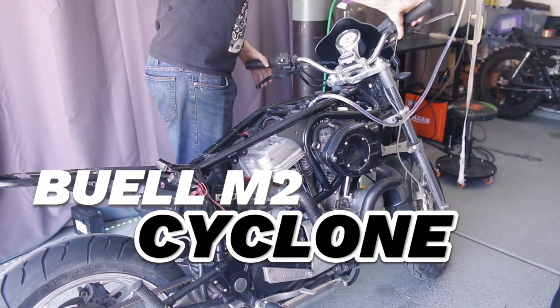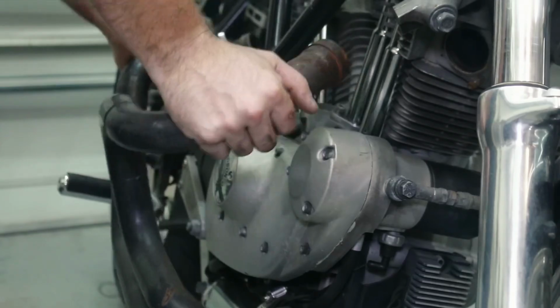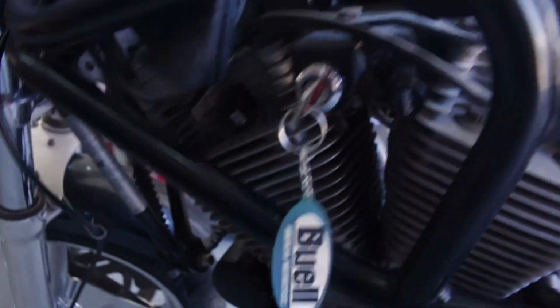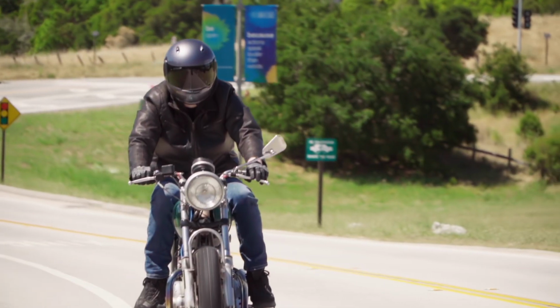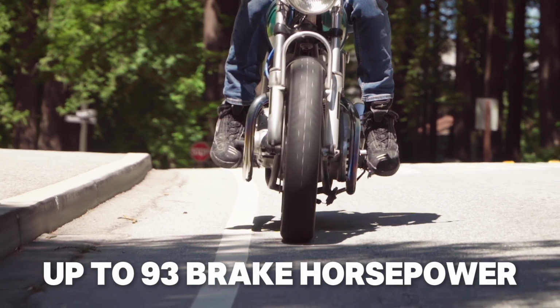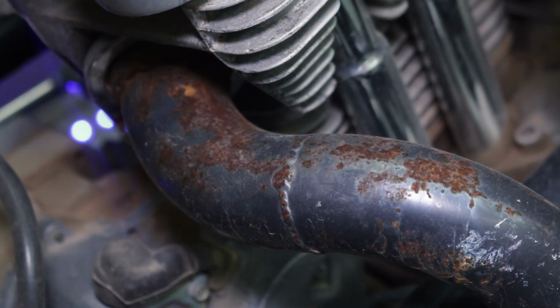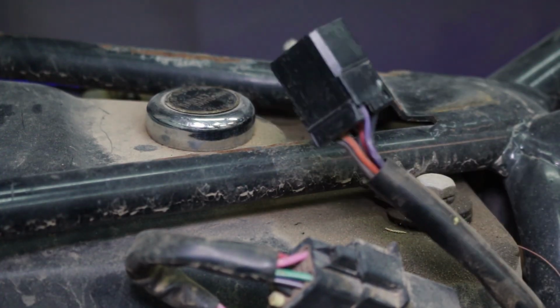This is the Buell M2 Cyclone. And in case you're wondering, it's not just any bike. It's a naked roadster that once unleashed up to 93 brake horsepower at peak performance. But right now, well, let's just say it's on its last breath and the chances of it running again are